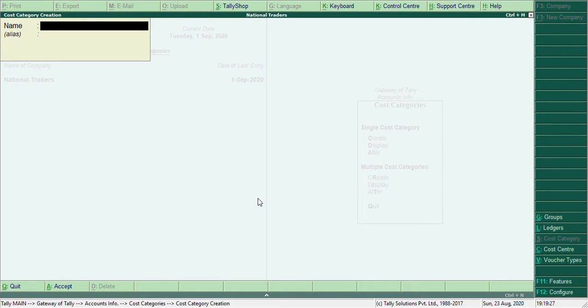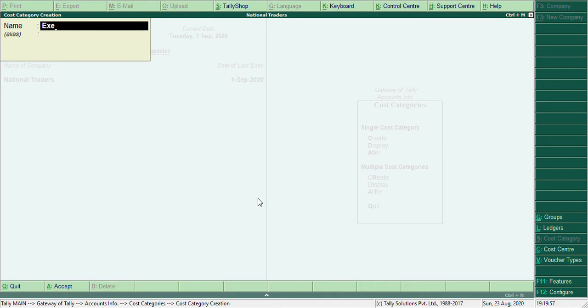Now cost categories can be anything relating to project wise or executive wise, even departmental wise also you can create. So if you are creating project wise, type project, accept. So this is all the cost categories.